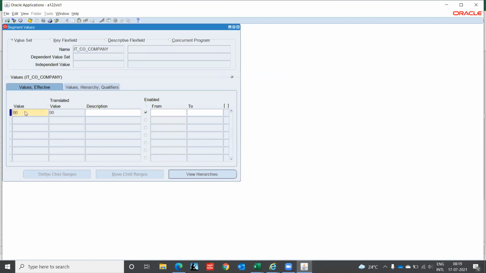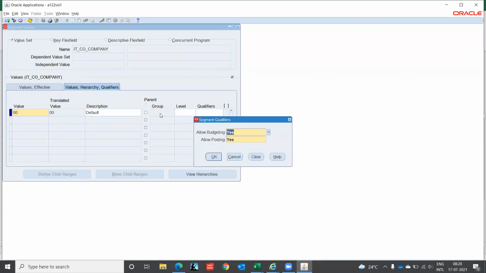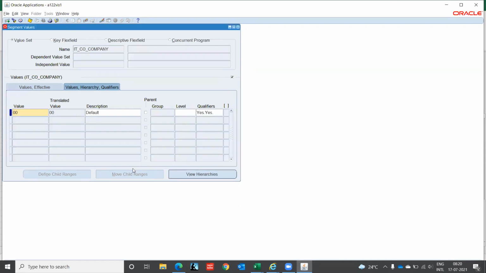0, 0. Description: default. It is enabled, and just like this. Qualifier: allow budgeting, allow posting. We will see this all in our next GL session. Now C1,